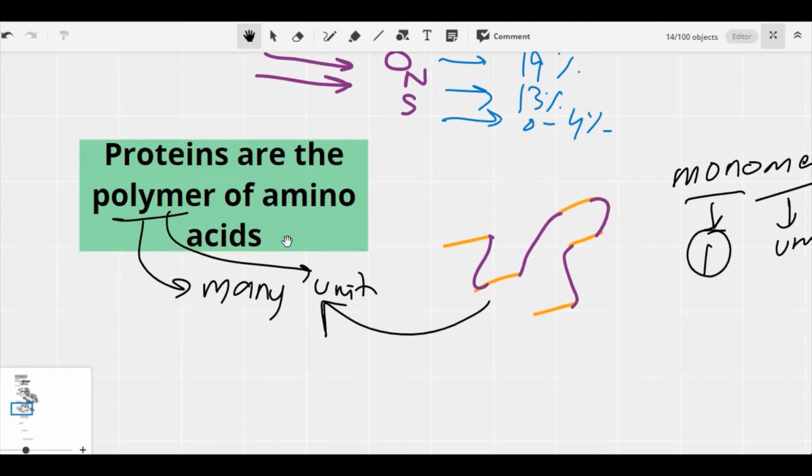So remember, when proteins undergo complete hydrolysis, for example with concentrated HCl for several hours, that will give us alpha amino acids. This is a common property of all the proteins,